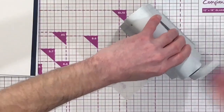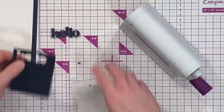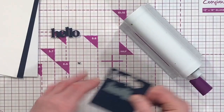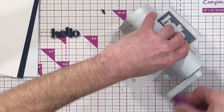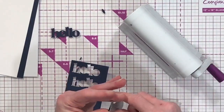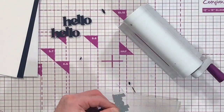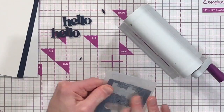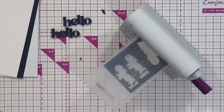So let's run that one through, and we can then do that once again. So run that one through. So keep going till you've got the 3 of them that we can see here. So let's pop that out there. Any little bits we're going to take out, and then let's take in our Gemini Mini, and then we can